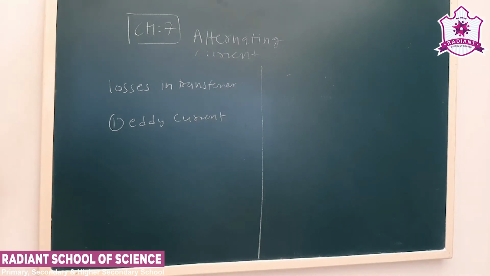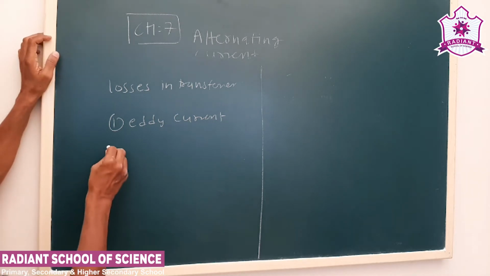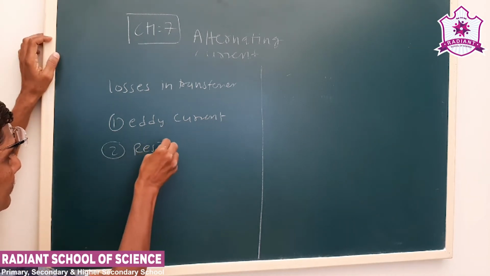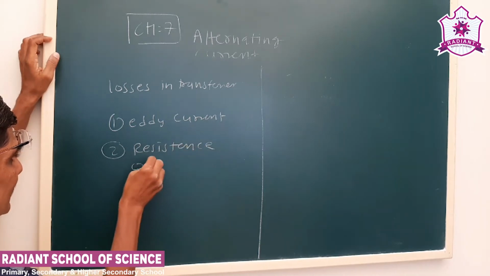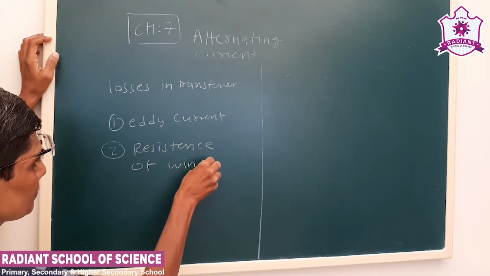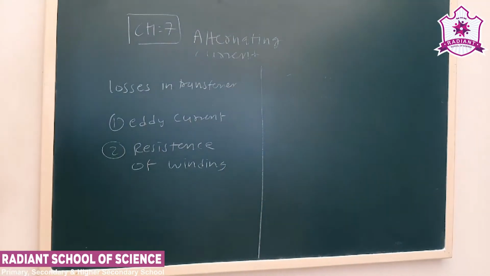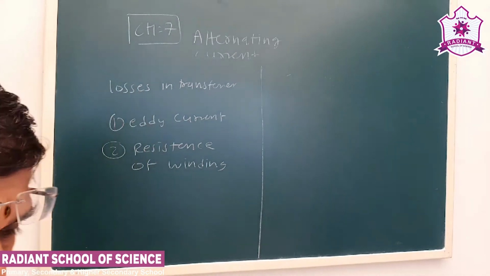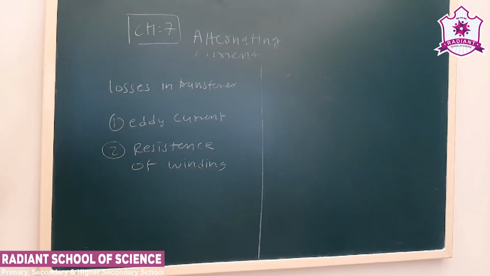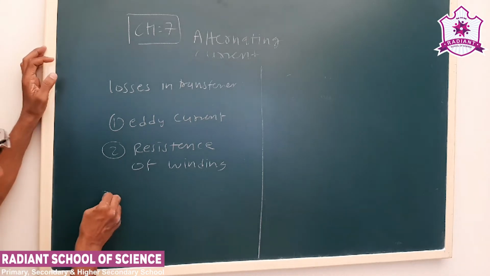Second, due to resistance of winding. When we derived the equation, we assumed that the winding resistance is 0, so we could derive the equation very easily. So first is the loss due to eddy current, second is the loss because of the resistance of the winding, and third is because of the